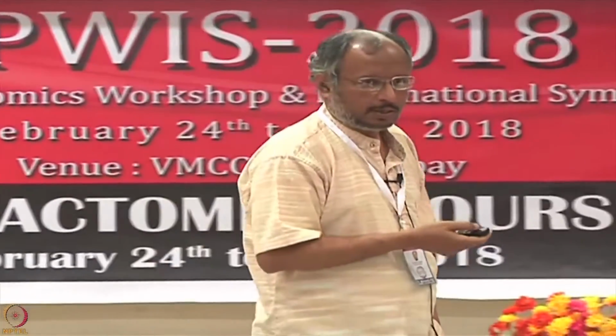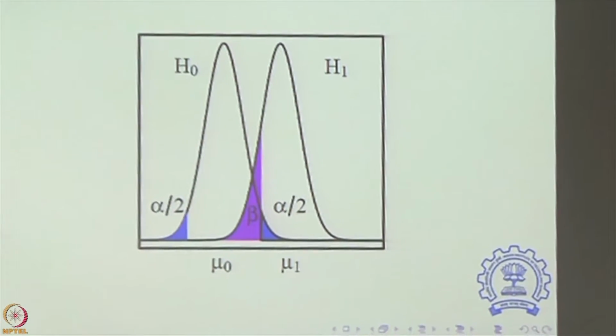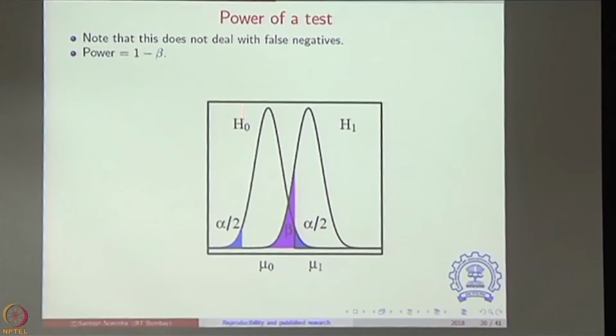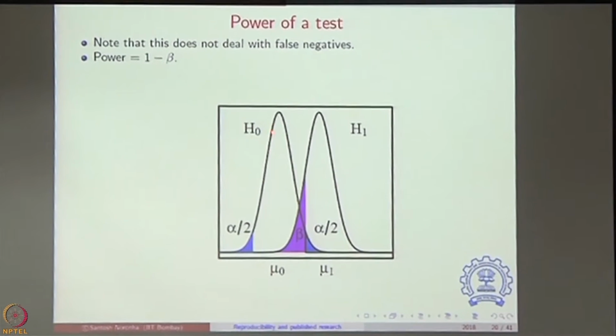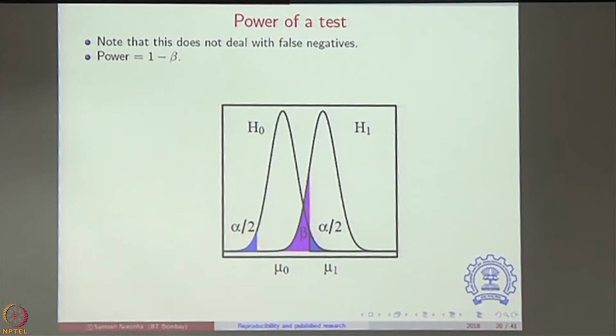There is this aspect of power of a test, and what I want you to appreciate is, while all the emphasis is on asking whether a gene candidate is significant or not, all of this involves only looking at this particular curve. If you look at this particular curve, forget the other curve for a moment, then your 95% confidence leaves out this blue area on either side. That is at 5%. The blue area would have been 5%.